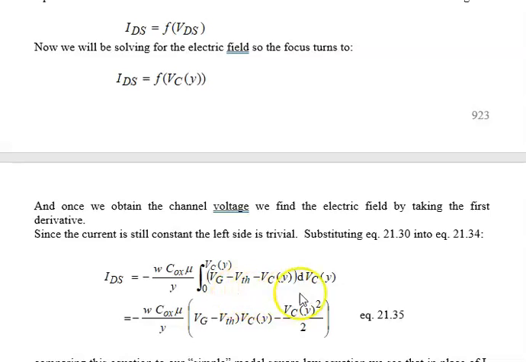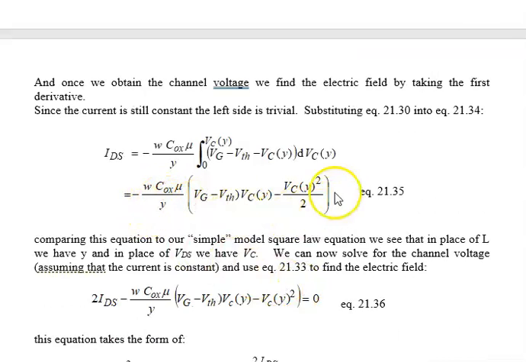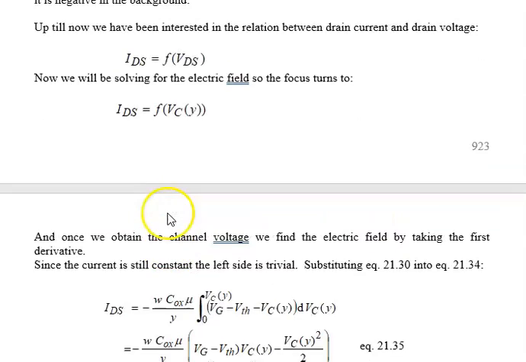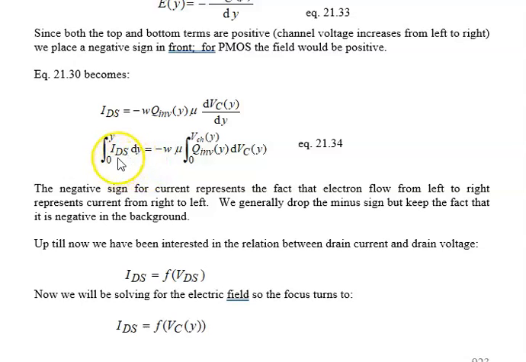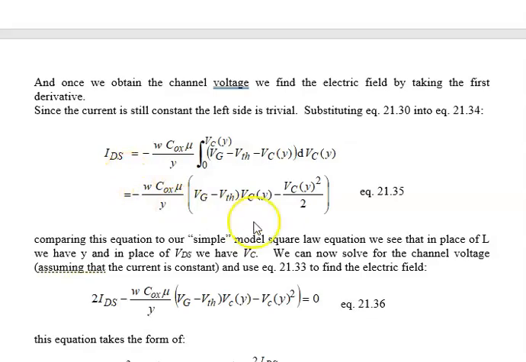Now at any point, we have to put in the channel voltage at that particular position y. At the source, this is 0. At the drain, it's VDS. We've seen that many times before, except here we're showing the channel voltage explicitly, and that's what we're integrating over. So if we do that, we get a relatively simple equation, 2135, and notice there's a y in the denominator because the IDS is constant, it goes out, and we integrate here, and the integral basically gives y. So this is what we have here.